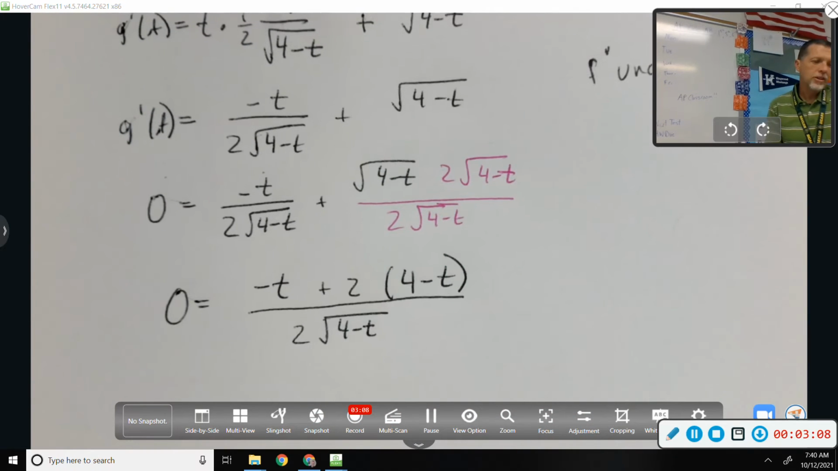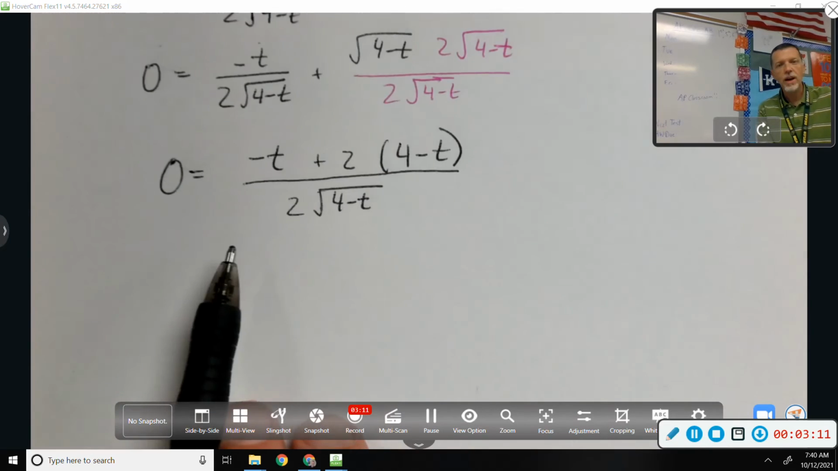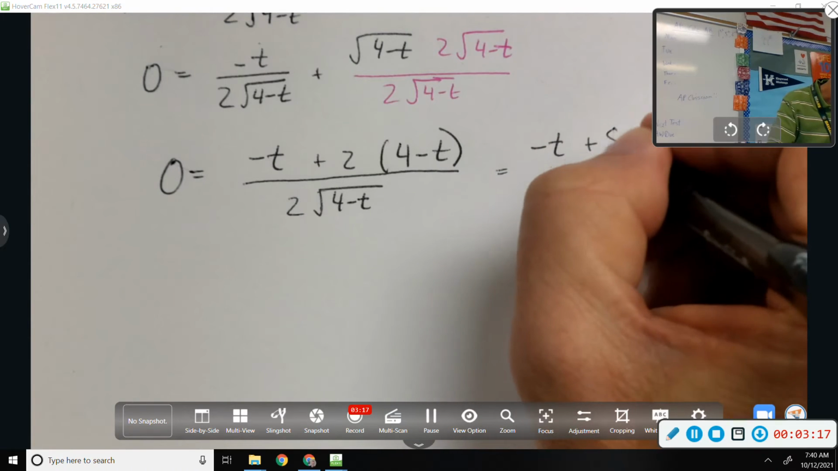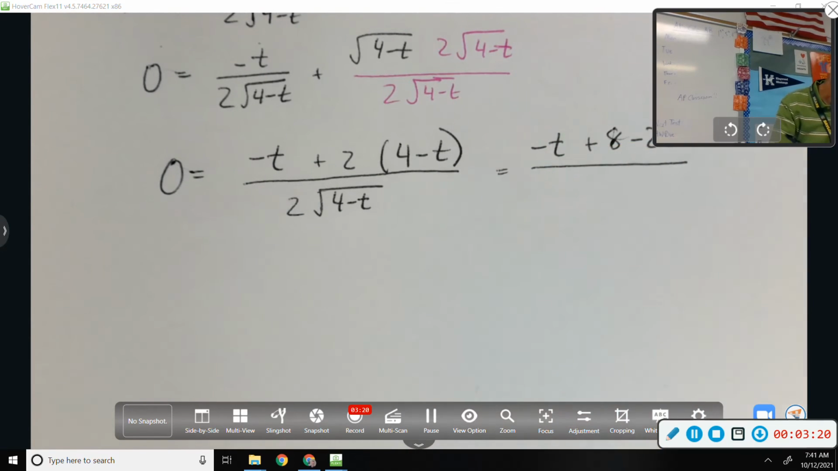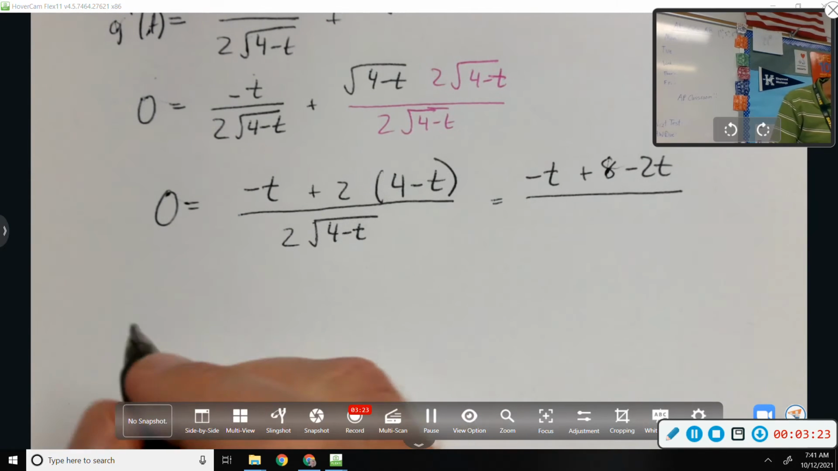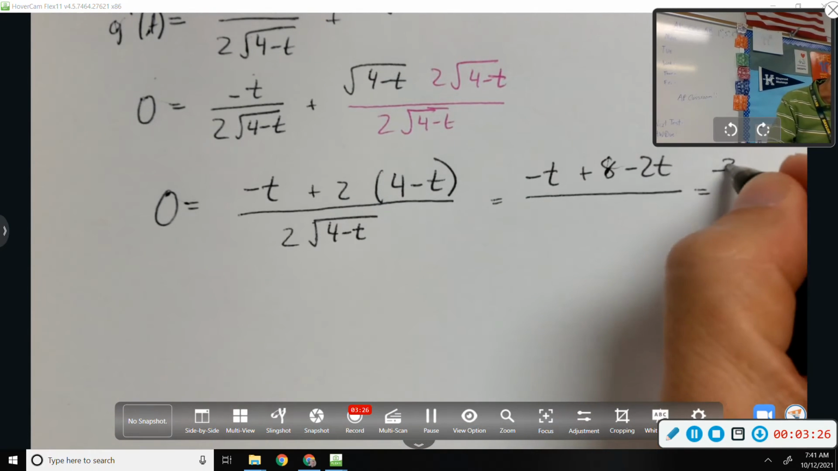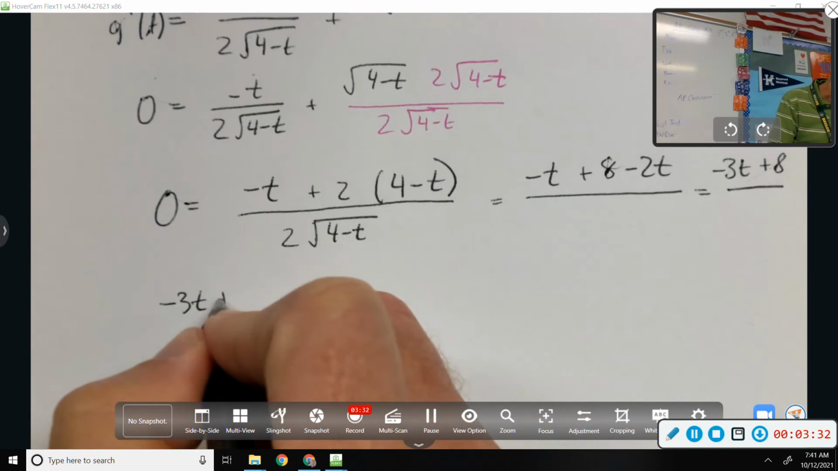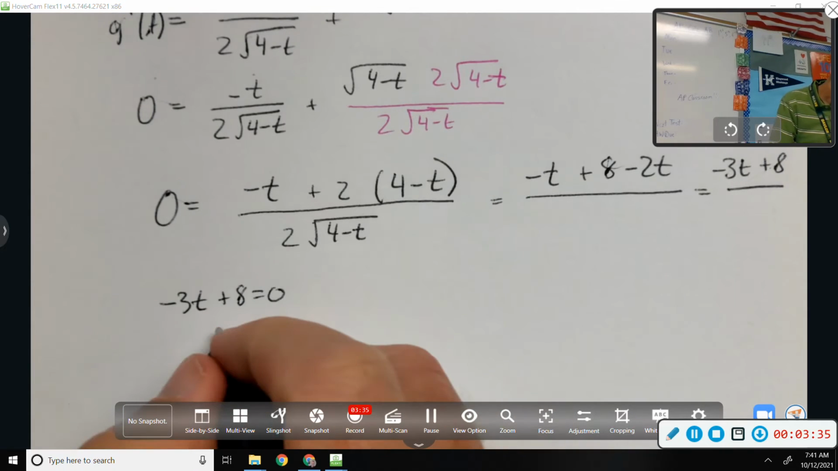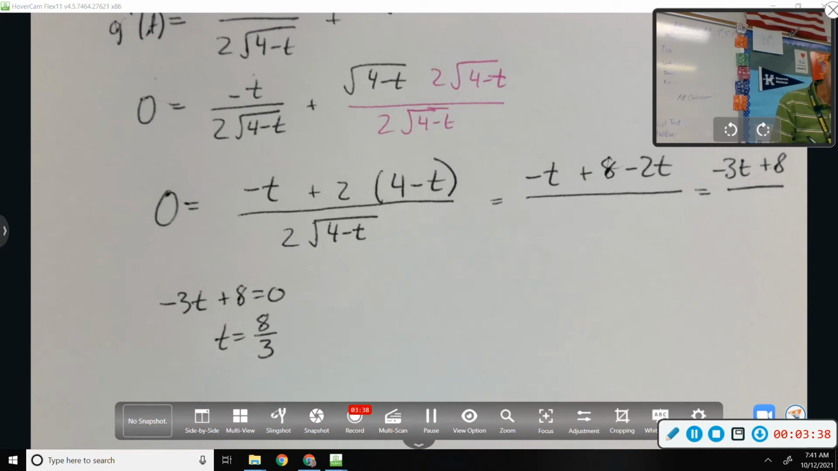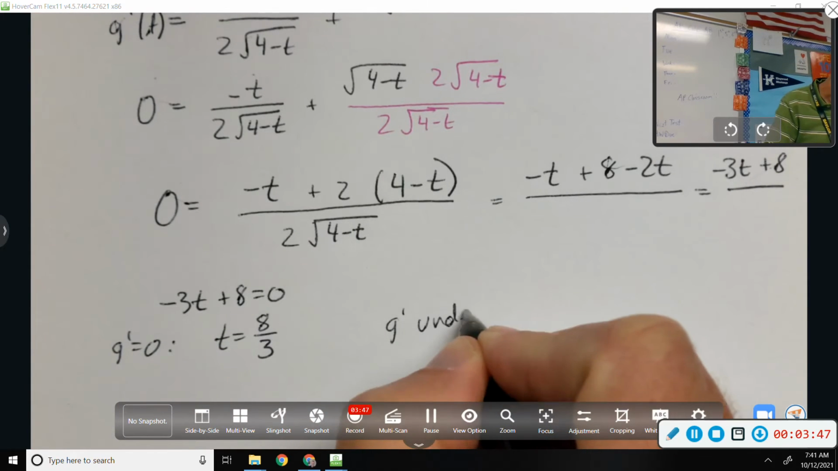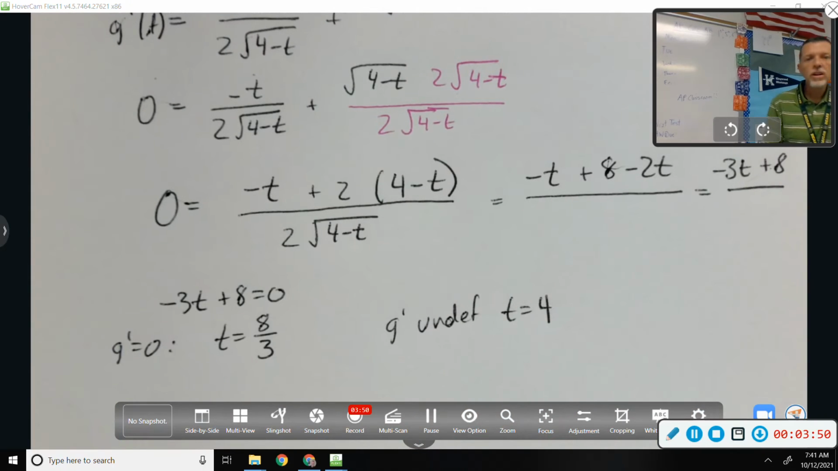And in some sense, the denominator doesn't matter because the only thing that makes a fraction 0 is if the top is 0. So negative t plus 8 minus 2t, and again, the denominator doesn't really matter for what I'm going to do. So negative 3t plus 8 equals 0. T equals 8/3. So that's G prime equals 0. G prime undefined happened at t equals 4. So those are my two